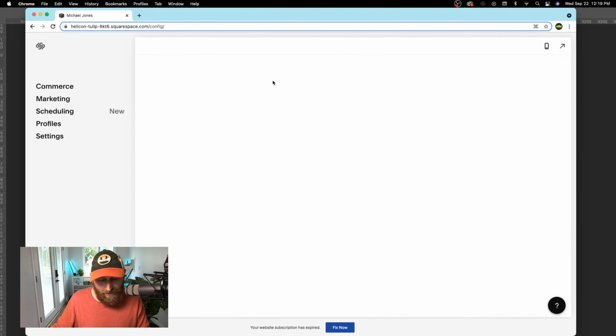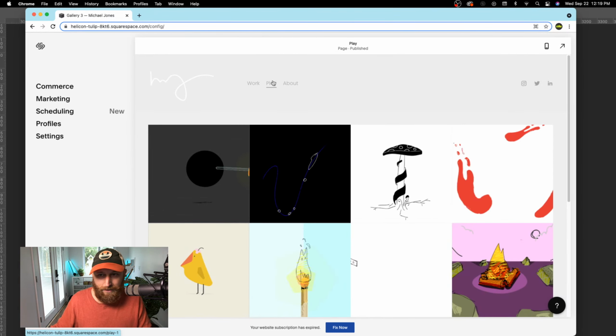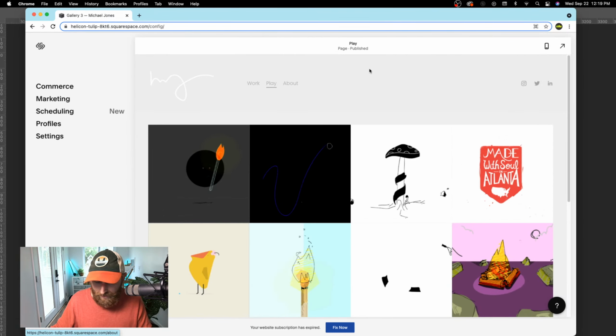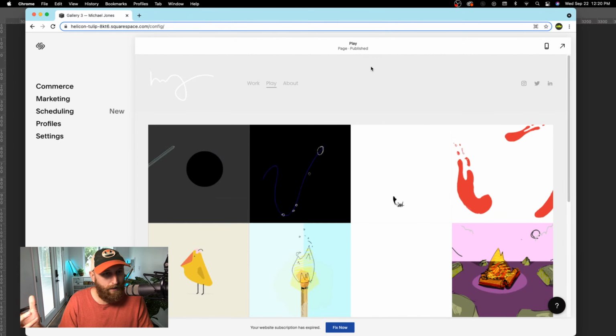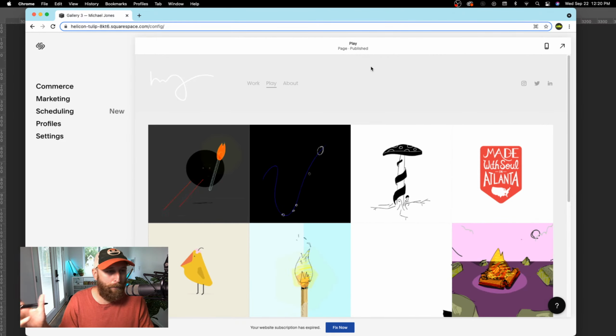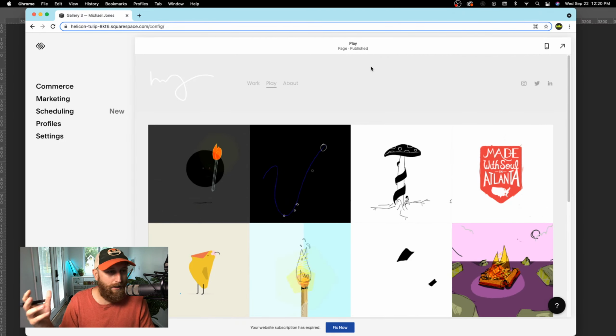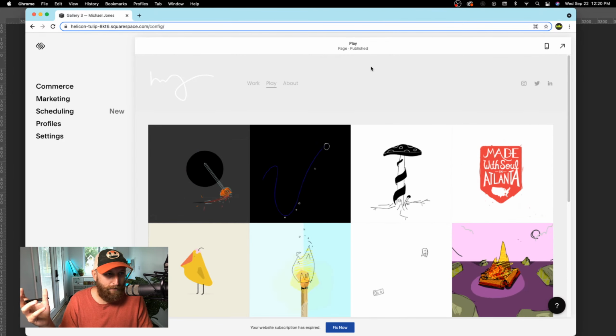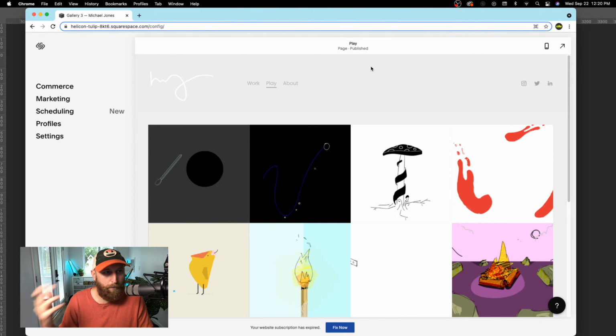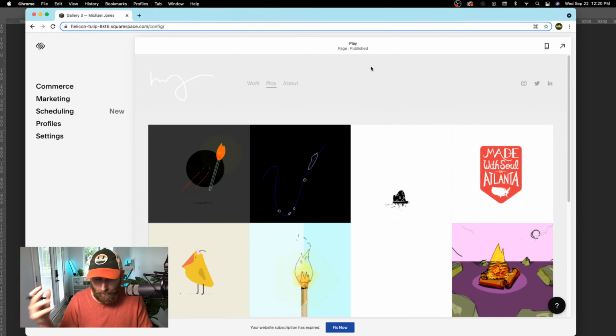I also think it's a nice idea, and I'm seeing a lot of artists do it, and I definitely recommend it, having little things on your website that show other fun development stuff, the stuff that you like. Maybe you didn't direct a project in that style, but you could see the potential of selling that kind of work to a client. So, it's obviously a very simple formula, but try to put your best foot forward when you do an about page. Just describe yourself how you want the client to be thinking about you.